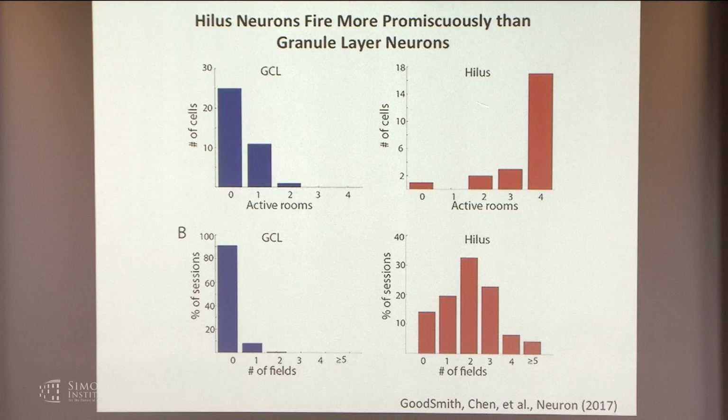In contrast with the recordings from the hilus, most of these cells fired in all 4 rooms, occasionally 3 or 2. A couple of them didn't fire at all. These actually might have been misclassified cells. We don't know. If you look at how many place fields there were when the cell was active, did it fire in 1 spot in that environment or multiple patchy spots? Almost all the granule cell layer recordings had 0 place fields. On occasion, they had 1, whereas cells in the hilus had a distribution. The mode was around having 2 subfields in an environment, every so often 1 or 0, but sometimes up to 4 or 5 or more. So very clearly, very distinct populations of activities in these 2 cell types.